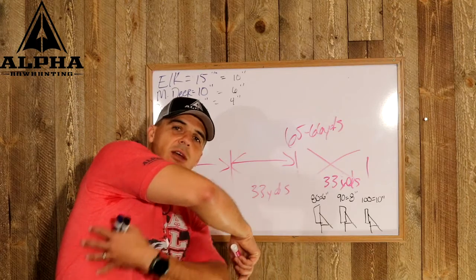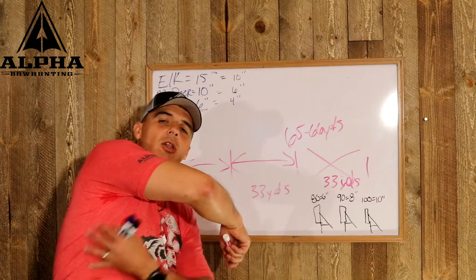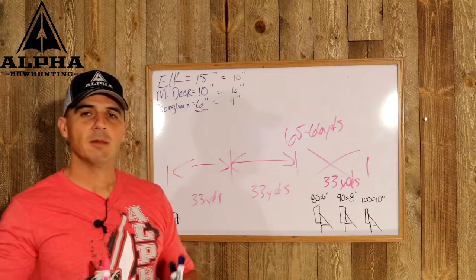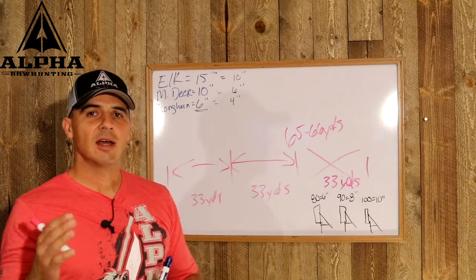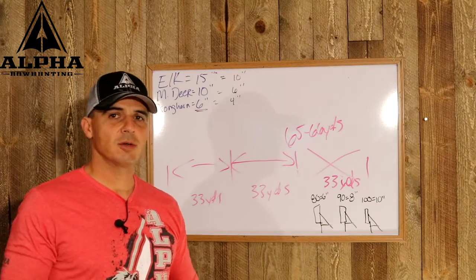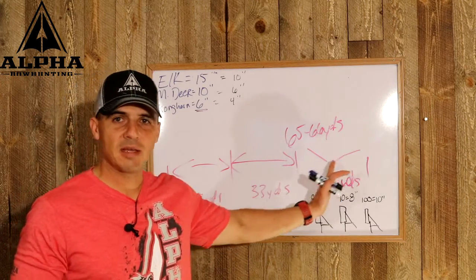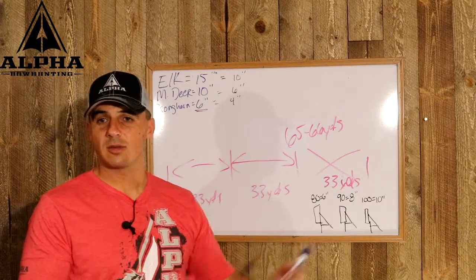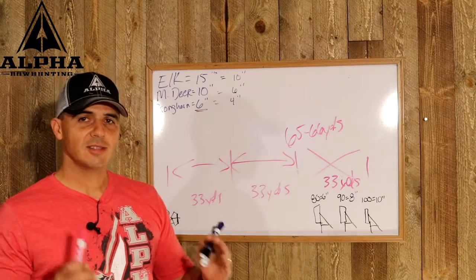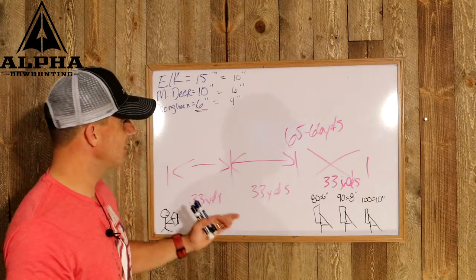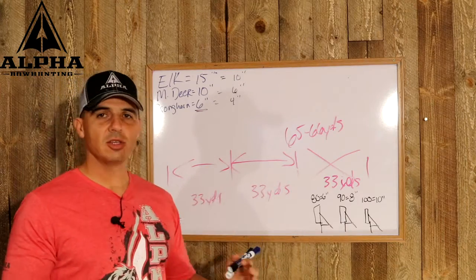So he gave me exposed vitals all the way through and he was asleep. Okay, so I stalked in, but because there was other deer in the area, I wasn't able to get any closer to that mid 70-yard range. I was able to send an arrow through his vitals, and that deer happened to be in my last third of my distance range. So take this as a starting point, take this as a recommendation,